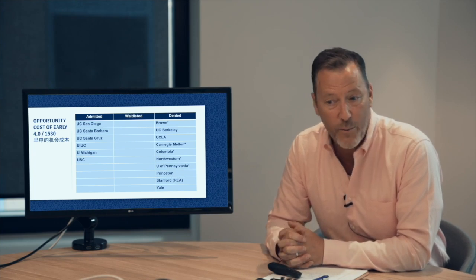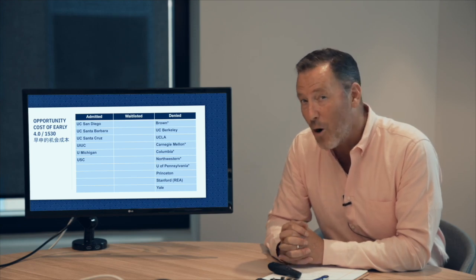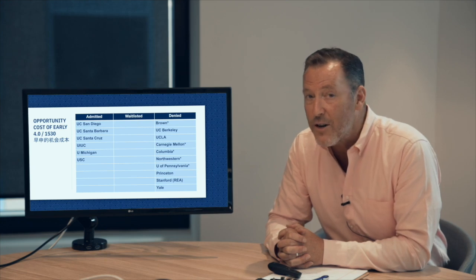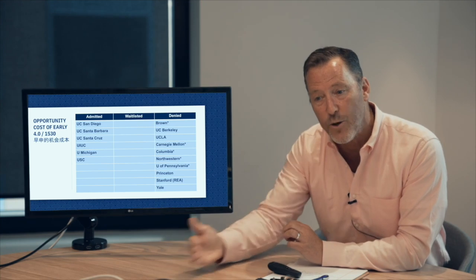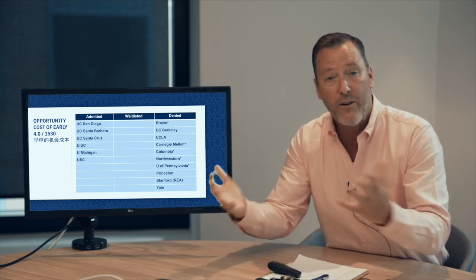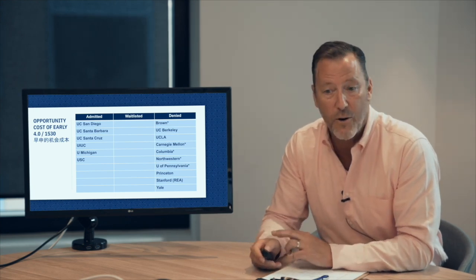So with this example, you see a student that applied restrictive early to Stanford and was not admitted. In the regular pool, they were also denied by Penn, Northwestern, Columbia, Carnegie Mellon, and Brown. All universities that offered an early decision program, all universities that offered a clear statistical bump. My guess is if this student had applied ED to one of those schools, they might have gotten admitted. But by the time their regular decision application landed on the desk of the admissions officers at Penn or at Brown, quite frankly, the class was half filled. There's no room, even if they had good grades. So think about opportunity cost when you're talking about early.